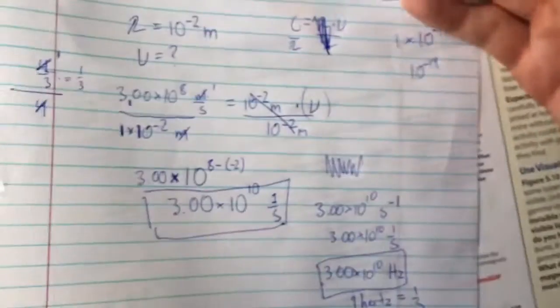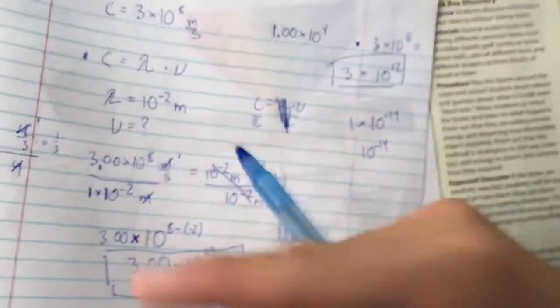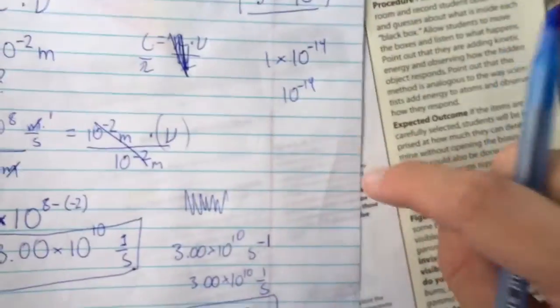So I hope that helps. That gives you a little bit of an idea of what to do. Still go through the calculations in the book that go